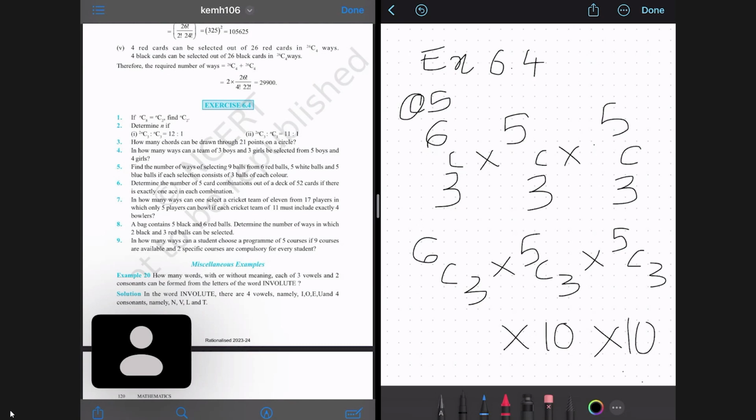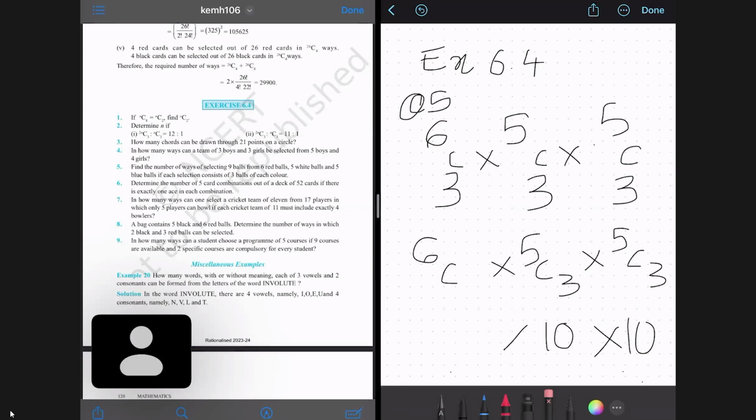And let us obtain the value of 6C3 as well. So 6C3 is nothing but 6 into 5 into 4 upon 3 factorial. And 3 factorial is nothing but 6. So you can cancel that out from the numerator and denominator. 5 into 4 is nothing but 20. So I'm going to replace that by 20 here. So 20 into 10 into 10 is nothing but